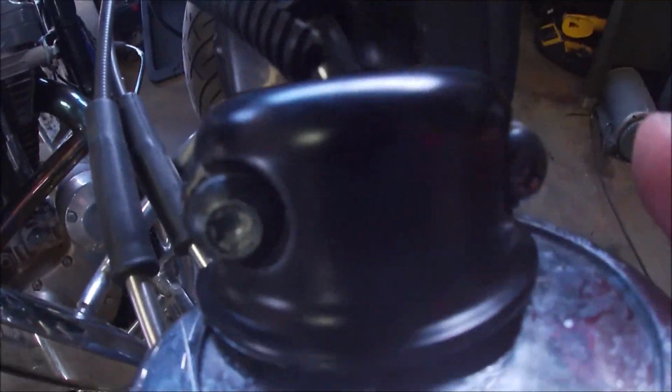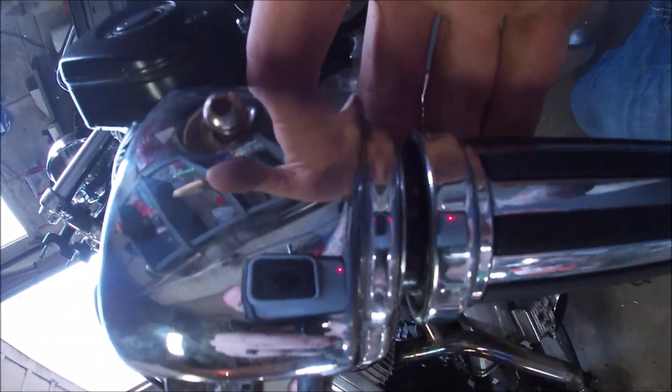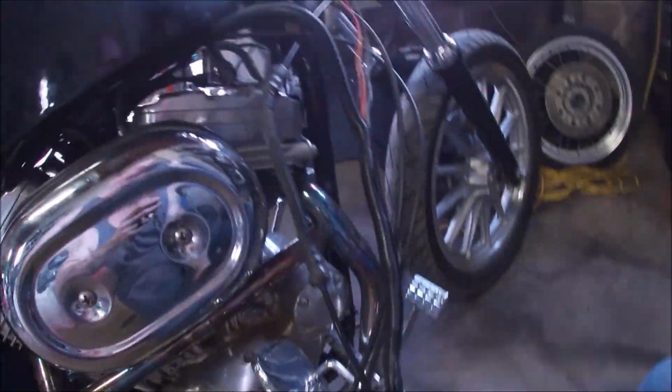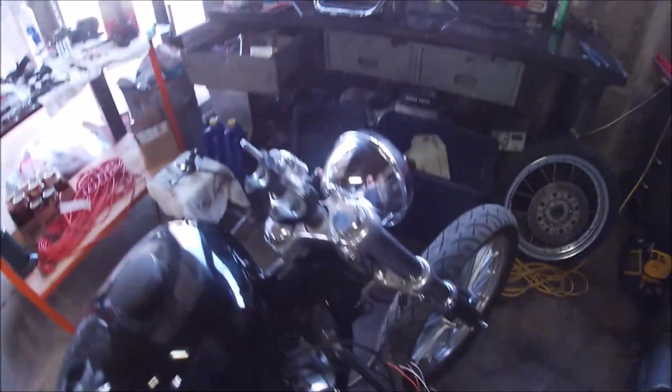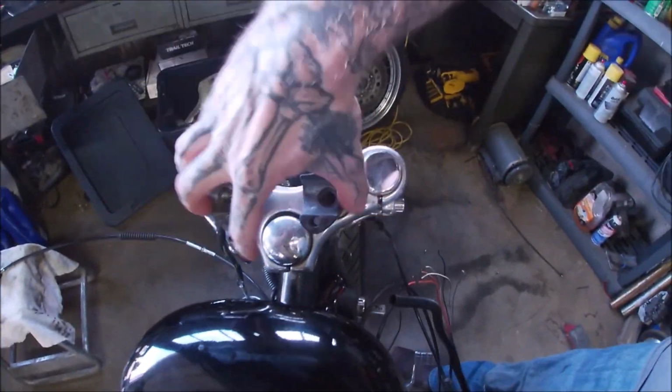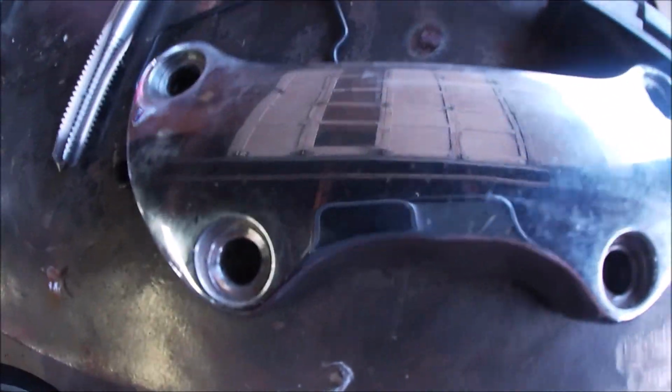Just loosened these two bolts right here and this bolt back here on the throttle, and it slid right off the old bars. We're just gonna set that down here to the side. Had 4 bolts holding the bars on. Took those off with the little plate. That plate right there,